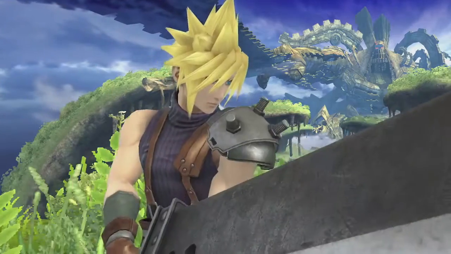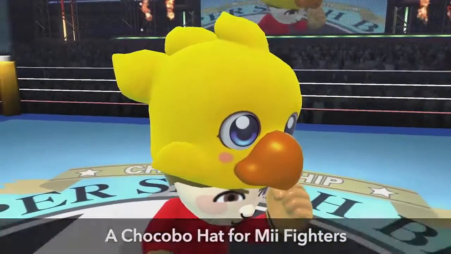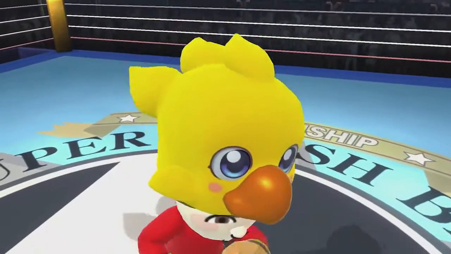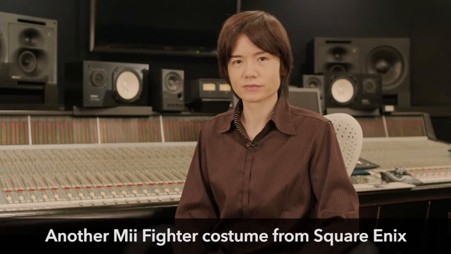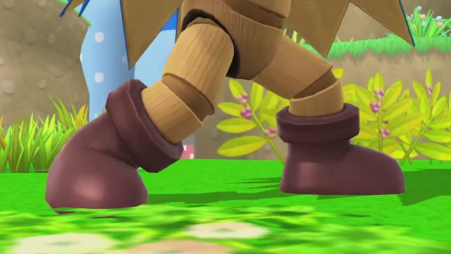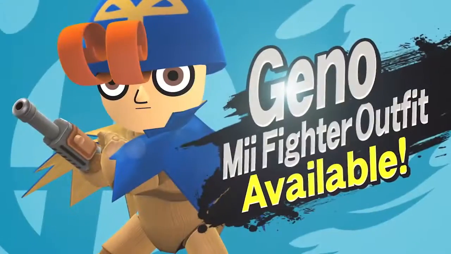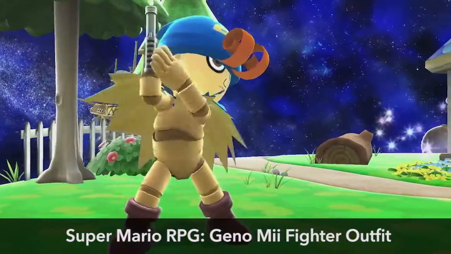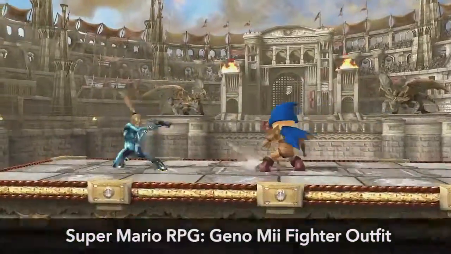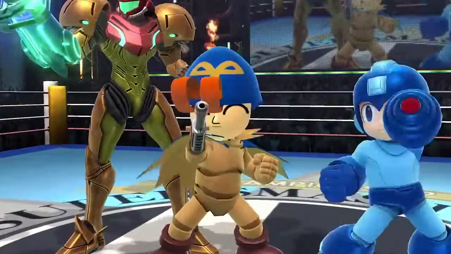At the same time as Cloud, we will release a Chocobo hat for Mii fighters. You can use it to dress up your Mii fighter. And thanks to our relationship with Square Enix, we will release another Mii fighter costume. From Super Mario RPG Legend of the Seven Stars, we're adding a Geno Mii fighter outfit. Like the Mii Gunner, Geno shoots from a gun on his arm,